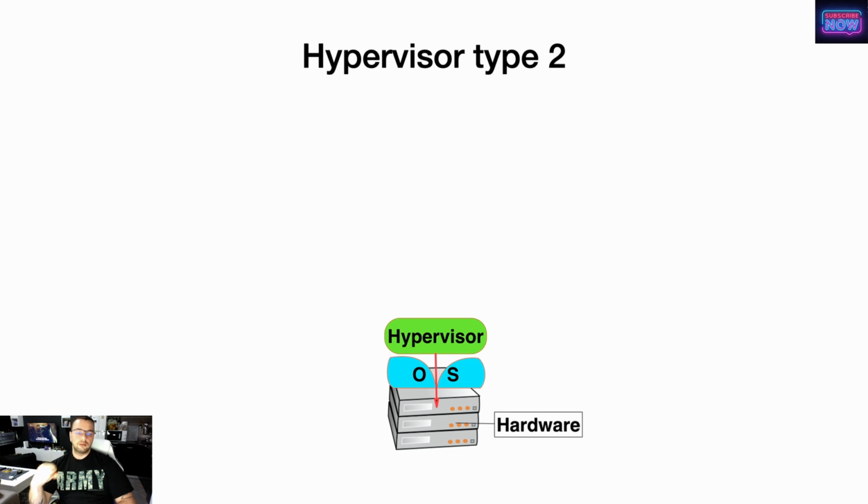The Hyper-V is coming in Windows already, and you can install any other, like VMware or VirtualBox or whatever you like. And what it does basically is go through the operating system, connecting to the hardware and distributing, but